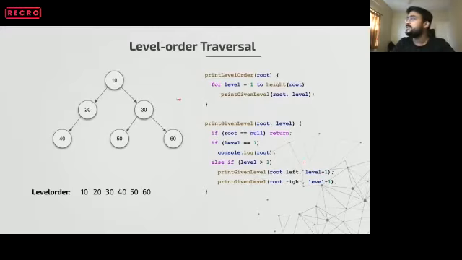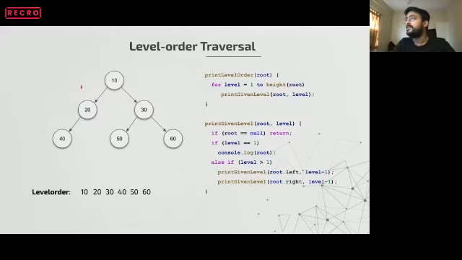Let me dry run this particular tree over here so that you have a better understanding of it. Let's say we are supposed to print level 3. Let's say our level 1 and level 2 are already printed, and we are supposed to print level 3. So we will call this print given level function with root as 10 and level as 3. Now we see, is level equal to 1? No, level is 3. We are not supposed to print the root yet. We will recurse with the left subtree first, and level - 1.